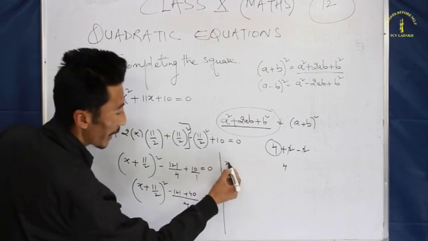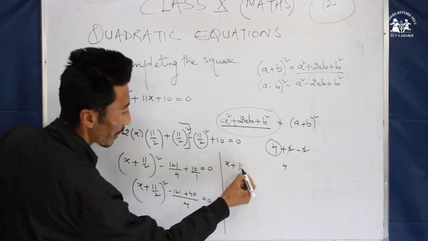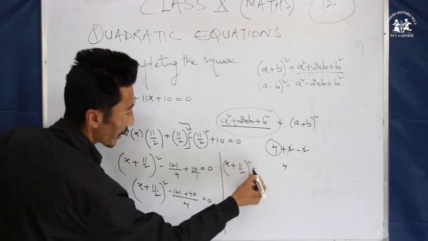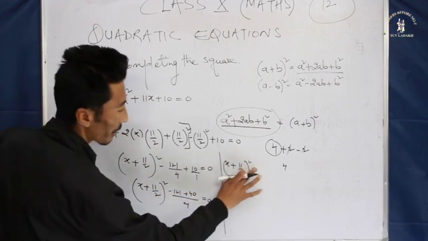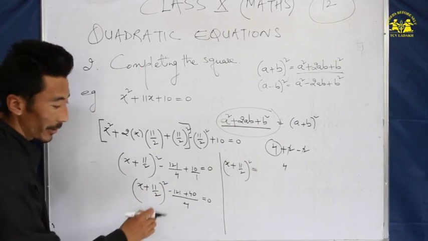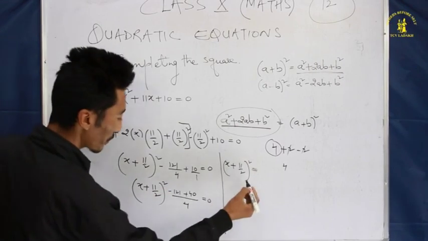Okay, next, x plus 11 by 2 whole squared equals to. I'm going to complete solving this. Plus minus, get this, actually we have